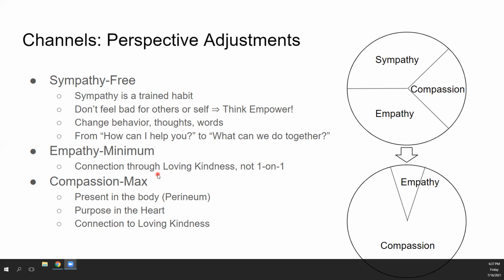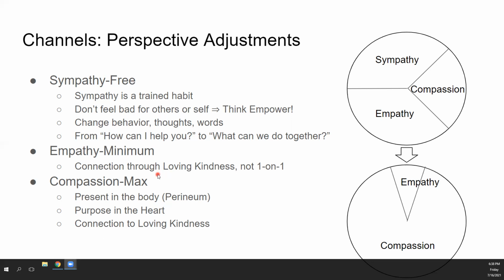I have a purpose. And from our third eye, which is in between our eyebrows, we connect to loving kindness. Something unconditional, that represents unconditional love. It could be God, could be Jesus Christ, could be Buddha, could be the most loyal dog that shows us nothing but unconditional love. So when I elevate my perineum ever so slightly, and I have such firm belief in my heart that I have a purpose, and I connect to loving kindness,